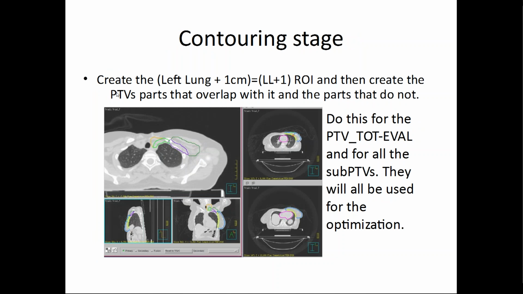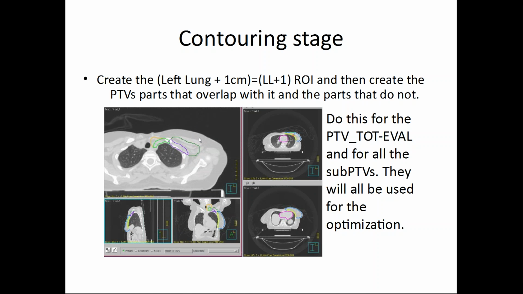To achieve that, begin the contouring by creating the left lung with a margin of 1 centimeter, and for all the targets we have, the PTV tot eval and all the sub-targets, you could